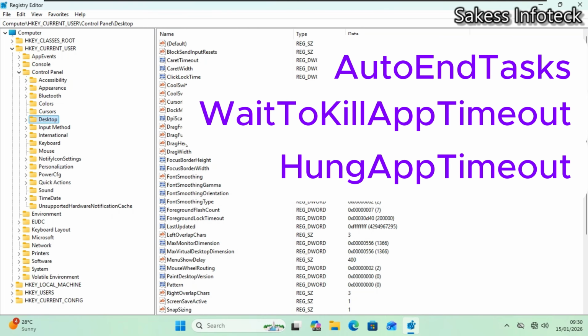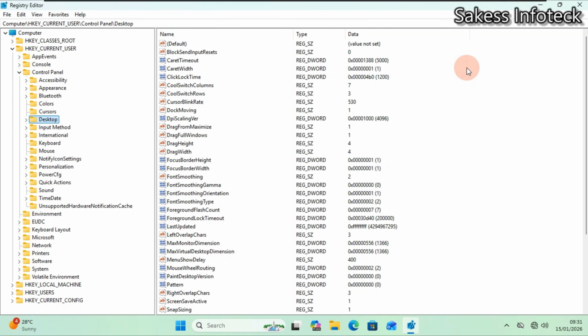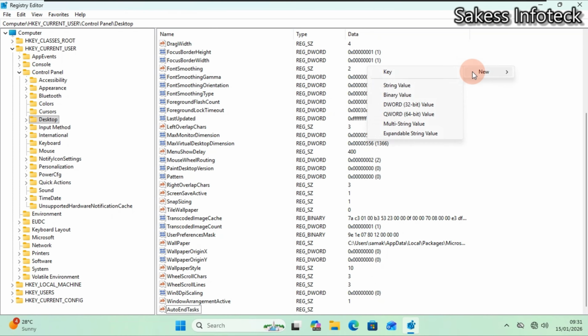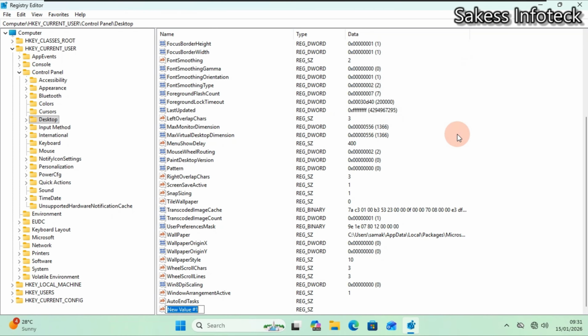So to perform that task, we are going to right click on an empty space at the right pane. And then I'll go to New and then String Value, okay? So I'm going to name my value AutoEndTasks, okay? Then I'll create another string value by the name WaitToKillAppTimeout. So I'm going to right click on an empty space. Then I go to New, String Value. So I'm going to name it